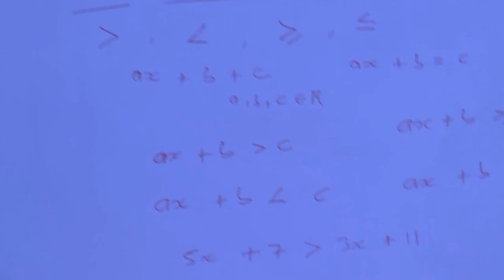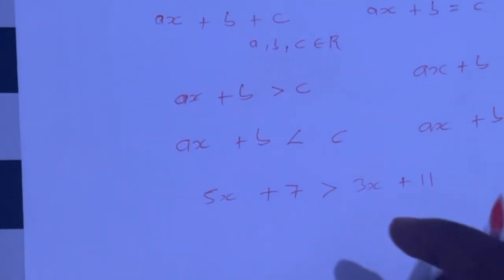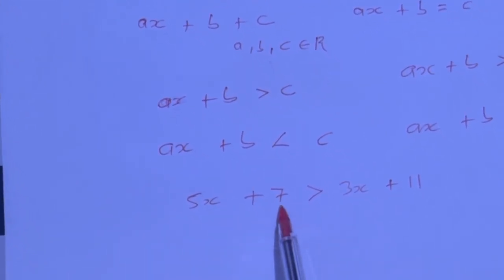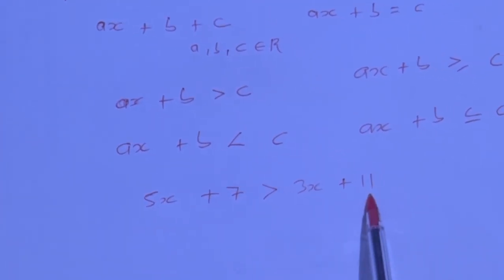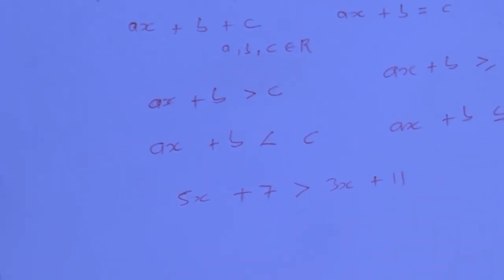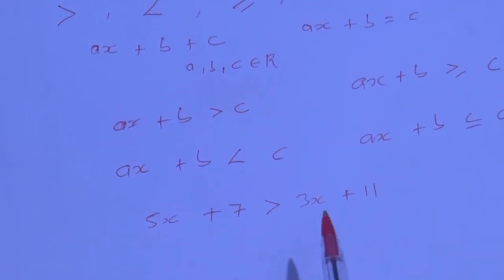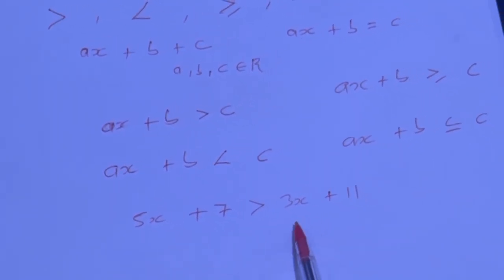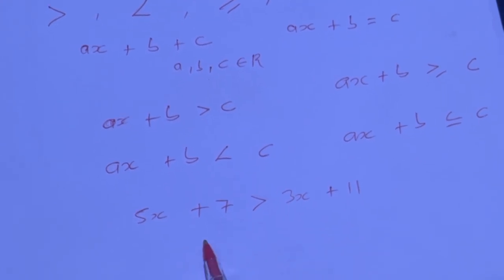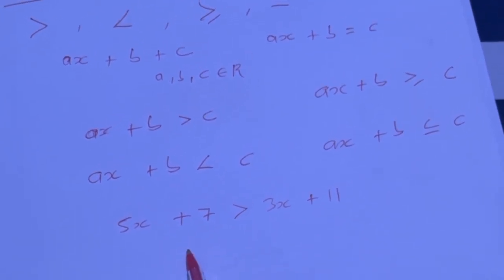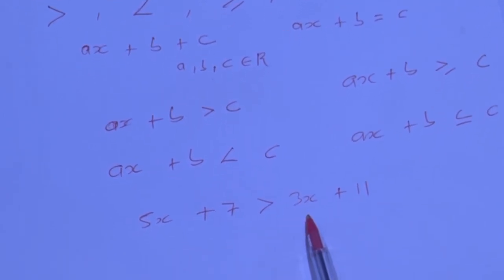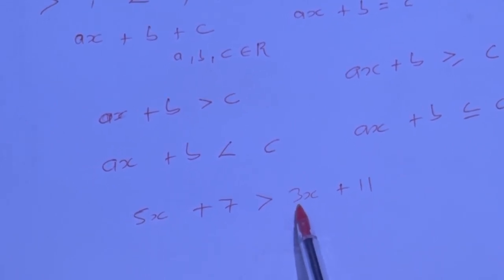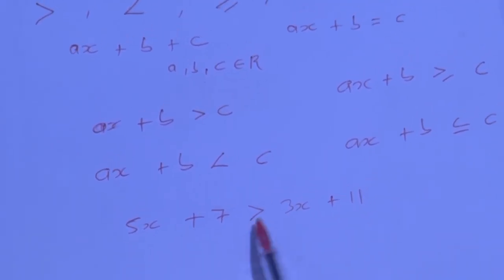So to do this, we need to group like terms. That is, I bring the 3x to the left-hand side of the inequality, and I send the 7, which is a constant, to the right-hand side of the inequality. Note, whenever I am sending anything across the inequality sign, if it is positive, it changes to negative. And if it is negative, it changes to positive. So bringing the 3x to the left-hand side, since the 3x is positive, when it crosses the greater than sign, it will become